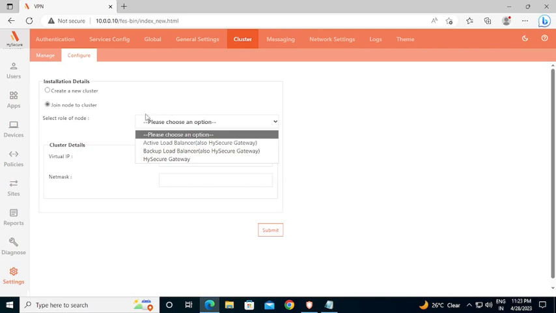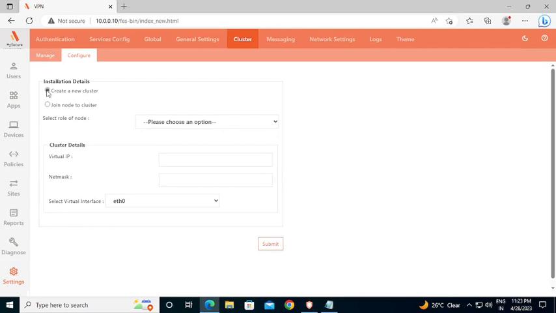And here, because this is my first node, I will go with the new cluster option, and I will choose that this is my first node. So this will be considered the active load balancer, and here I have to provide my IP. So I will go with this .11,